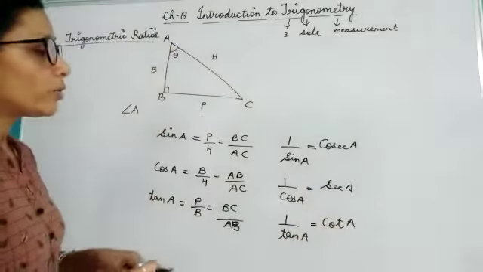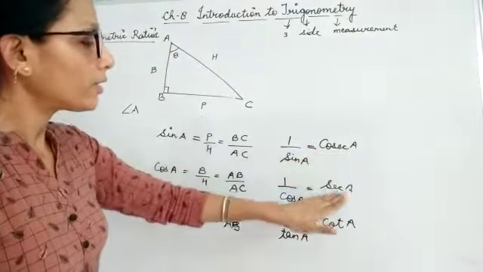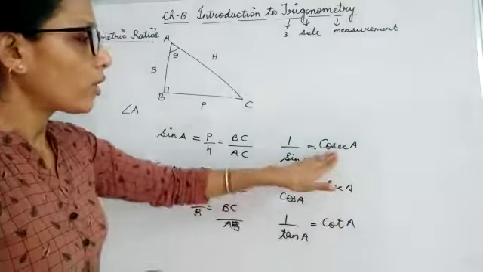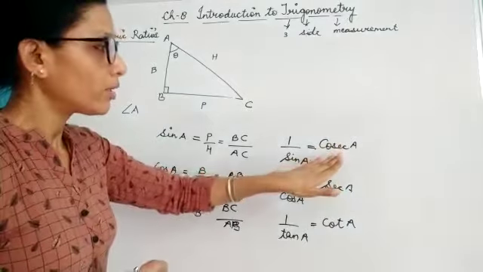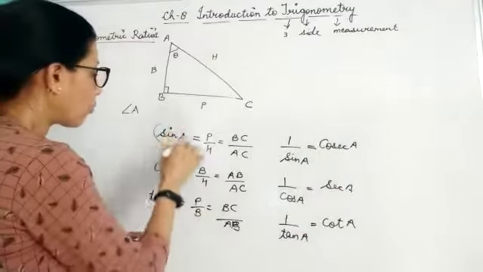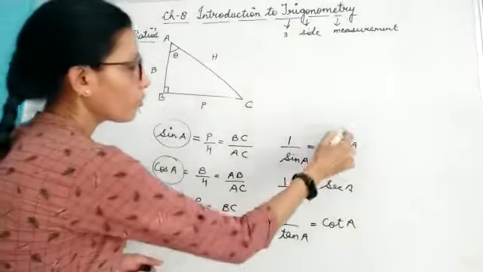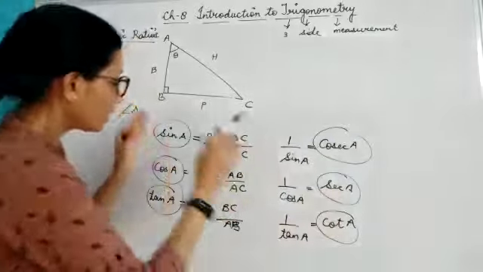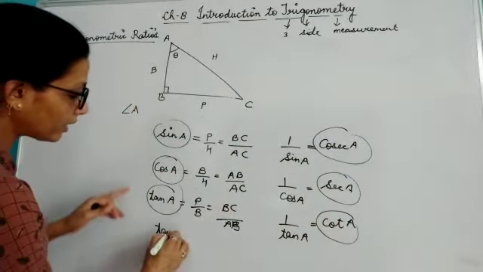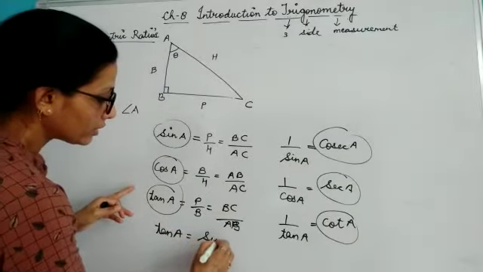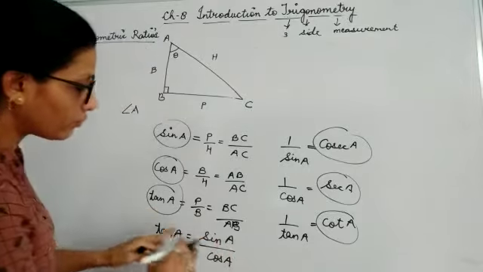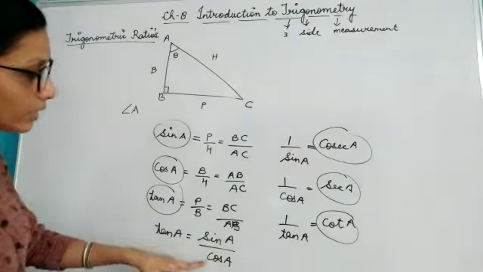Now here cosec A, sec A, which is secant, cot A means cotangent, and cosec means cosecant. So these are the 6 trigonometric ratios. 1, 2, 3, 4, 5, 6. These are the simplest trigonometric ratios. And yes, tan A in sine and cos form can be written as sine A by cos A. So tan A in its simplest form can be written as sine A by cos A.